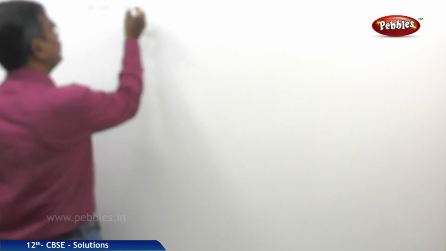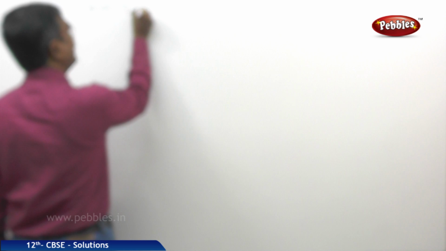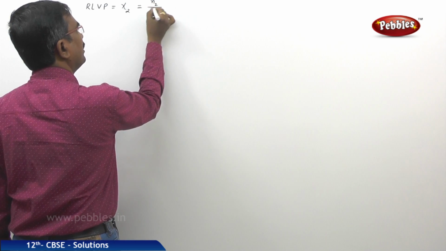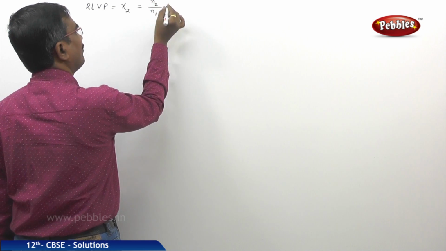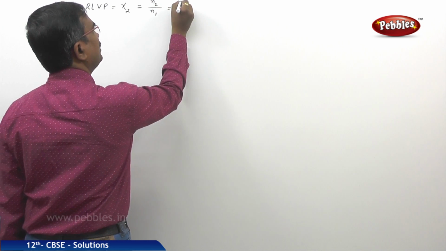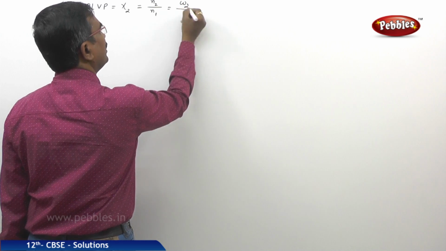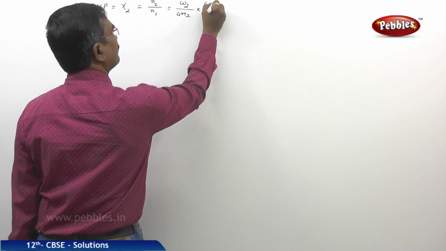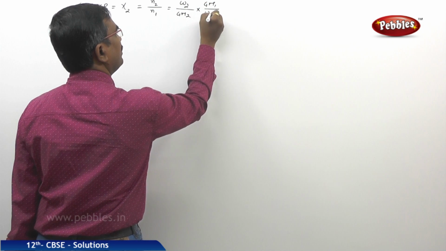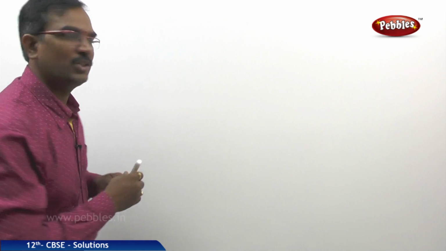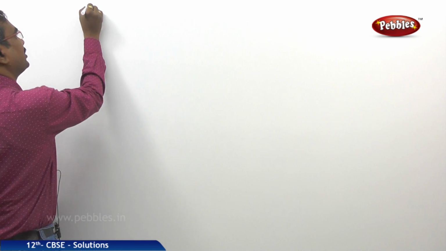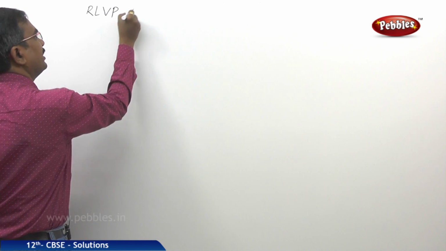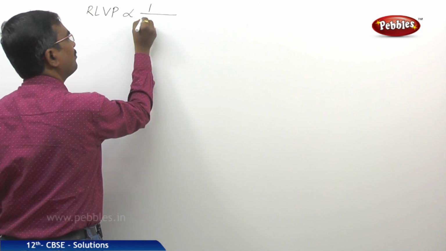In the case of dilute solutions, we have written this as the number of moles of the solute by the number of moles of the solvent, which is nothing but weight of the solute by its molar mass into molar mass of the solvent by weight of the solvent. So RLVP is inversely proportional to molar mass